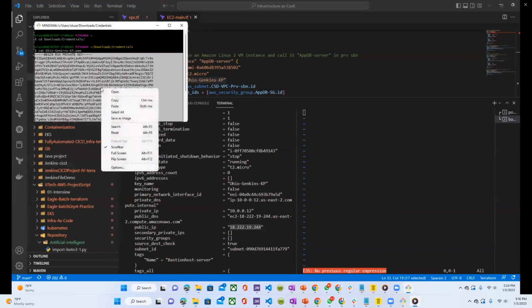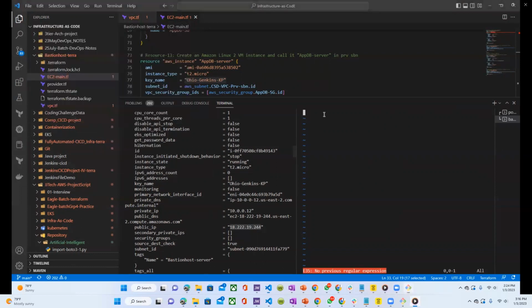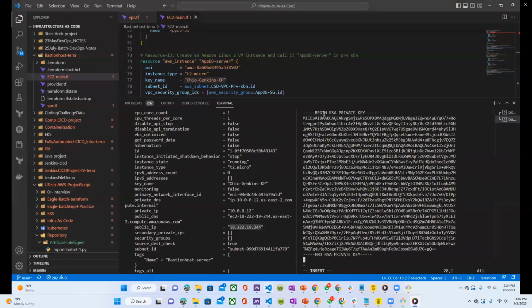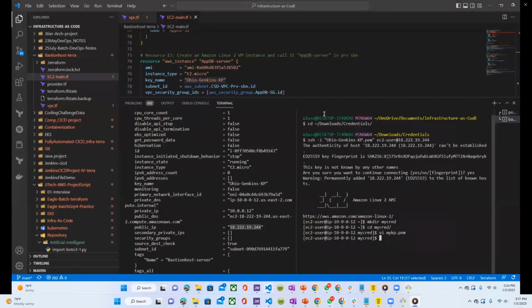Then I can now copy this content, come here, do insert, and paste it. Okay, paste, escape, save, and quit. That's it. So once I've done that, this is very easy. Once I've done this, I can escalate that key pair by using chmod to make sure that it's going to work properly. So basically what I do is chmod